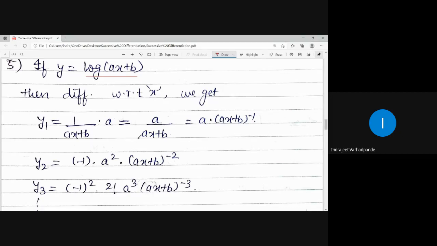Again, we can take this to the numerator and differentiate it one by one. So alternate plus minus wherever we are getting, we will always have the term minus 1 to the power n, and then we will have the term n factorial. Differentiate with respect to x, we get 1 upon ax plus b into a. Take this to the numerator. What is the derivative of this again? Minus 1 into ax plus b to the power minus 2 into a. A into a becomes a square.